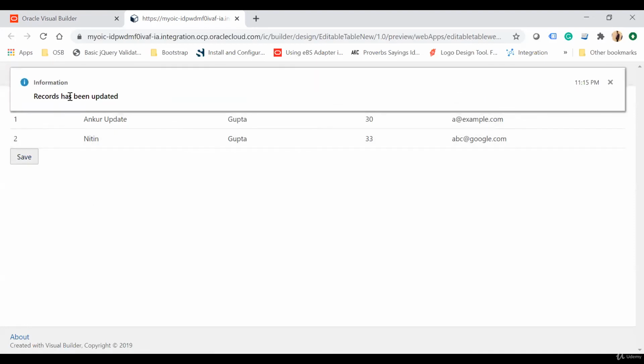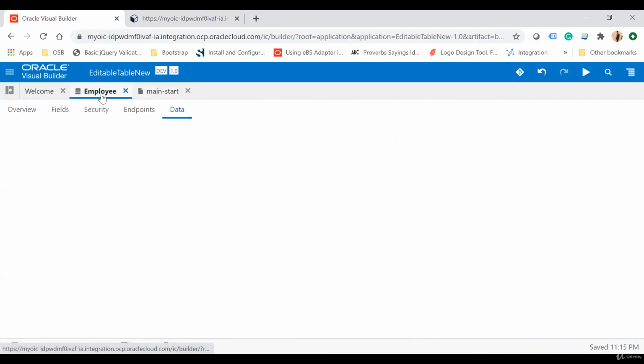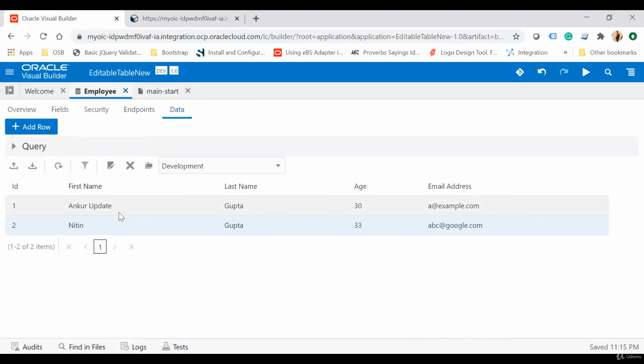Here you can see records have been updated. Go back here, go to the employee, and here you can see the Ankur update Gupta 30, and then Nitin Gupta has been updated. So this is how you can make an editable table as per the new Jet component